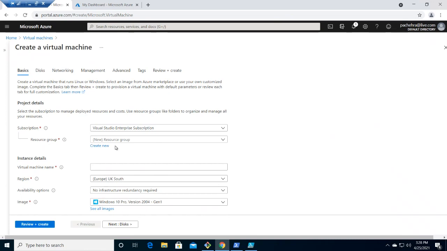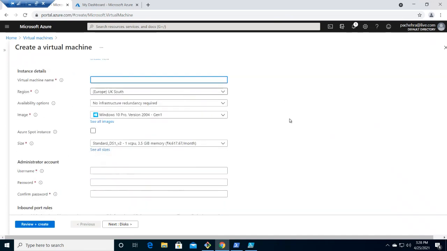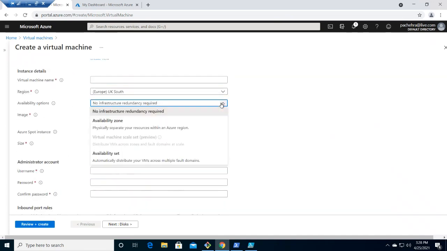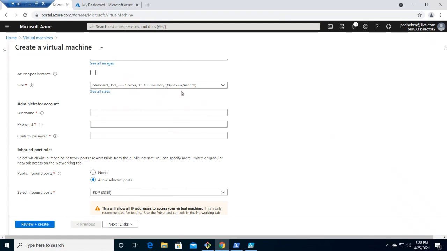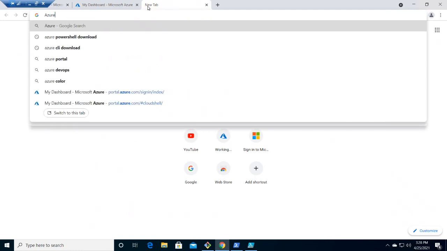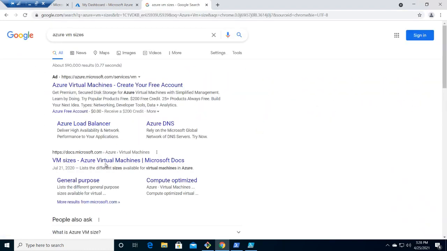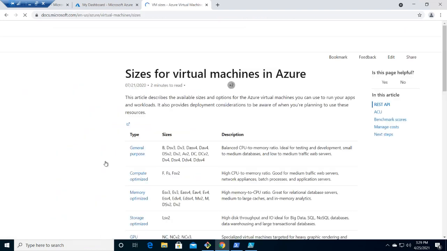So there is the resource group, there is the virtual machine name, the region where you want to create it, and here are the different availability options. It is already explained by Ashish and Vipin. Now here are the sizes. Let me also quickly show you, if you go on Google and simply type Azure VM size, hopefully we'll land on the same page.